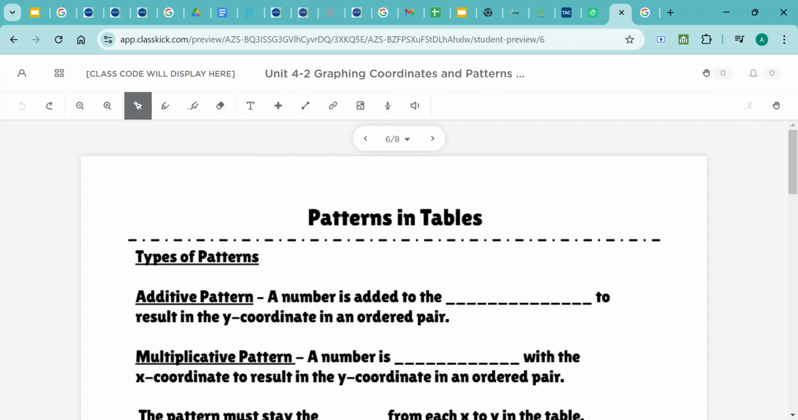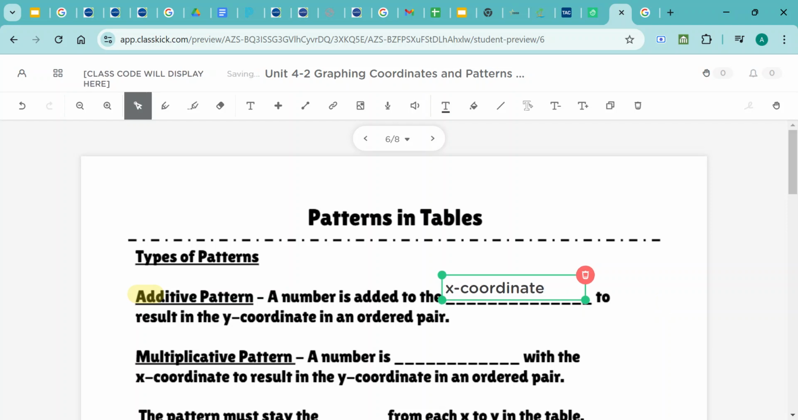So there's two different types of patterns that we're going to see. The first one's called an additive pattern. An additive pattern is pretty much what it sounds like. We are going to see addition going on. So basically in an additive pattern, and I highlighted the word add so we know, hey, we're looking for addition in this pattern. It's a number that is added to the x coordinate